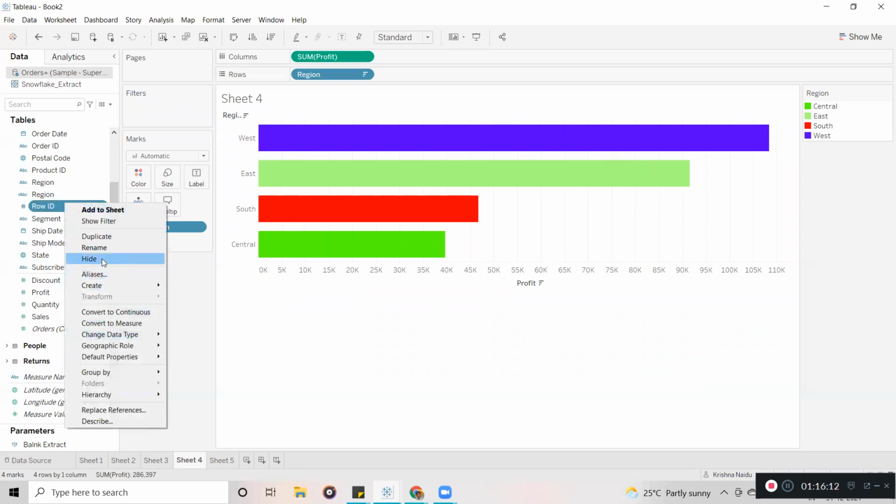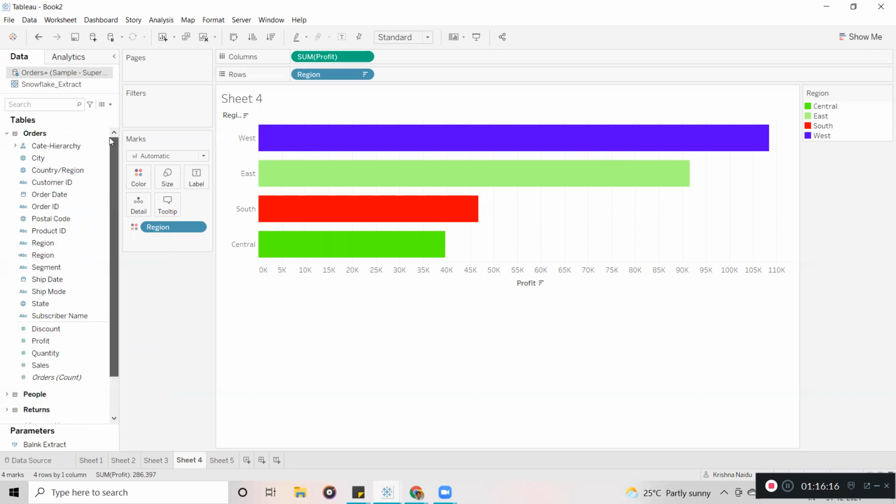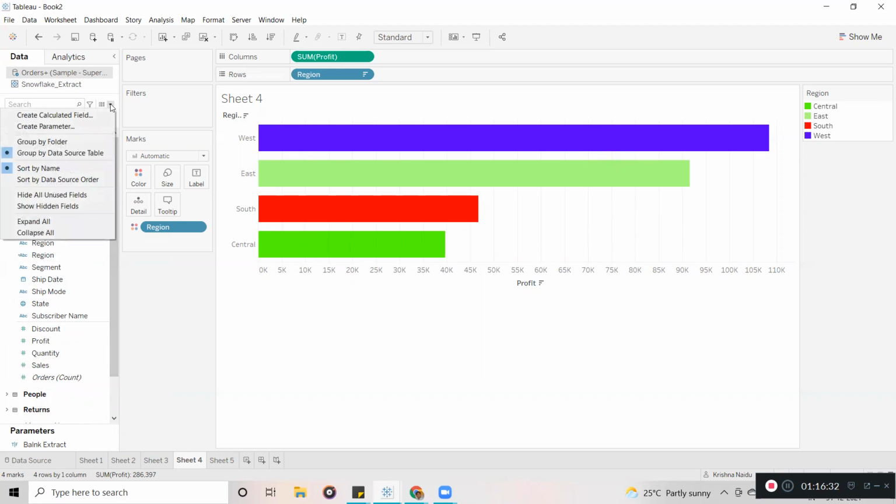You can click on hide. Now you can see row ID, I am just clicking on hide. Now you cannot see the row ID here because it is now hidden. If you want to see the hidden one, just click on this arrow mark and choose show hidden fields.